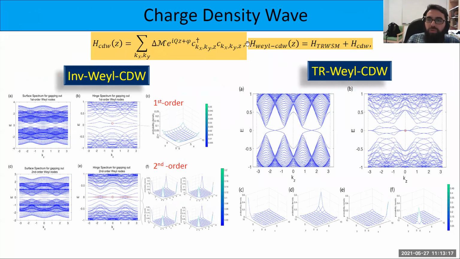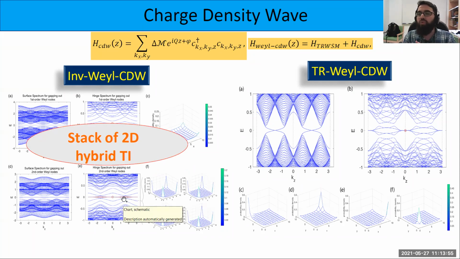Let's say I'm introducing a charge density wave order here, for the first order inversion symmetric Weyl semimetal. If I do that, the resulting phase has a bulk gap. I'm going to get flat surface states all over the Brillouin zone, but no hinges, which basically means the resulting phase is a stack of Chern insulators. Now, if I do the same thing for the higher order Weyl semimetal, I'm going to end up with flat arcs all over the surface and hinge arcs all over the surface. In other words, you can call them a stack of 2D hybrid TI, which has both an edge and a